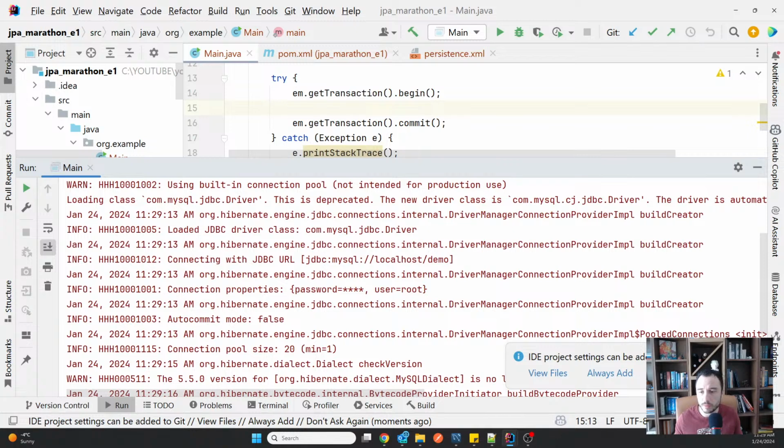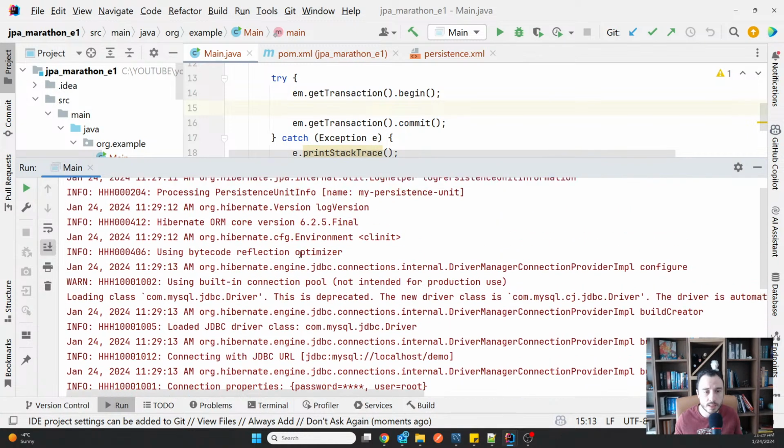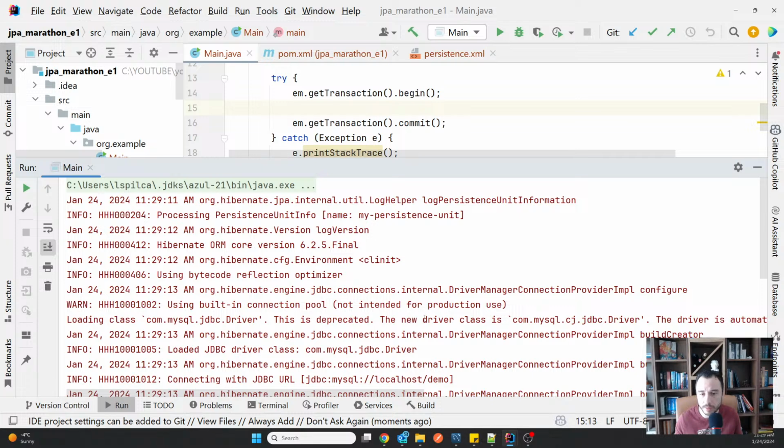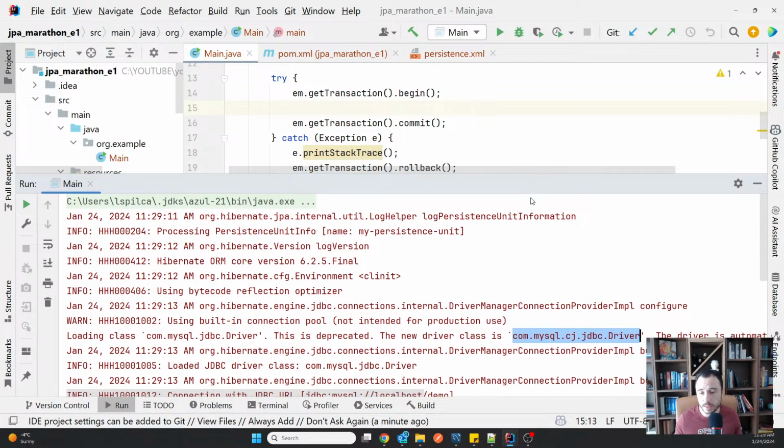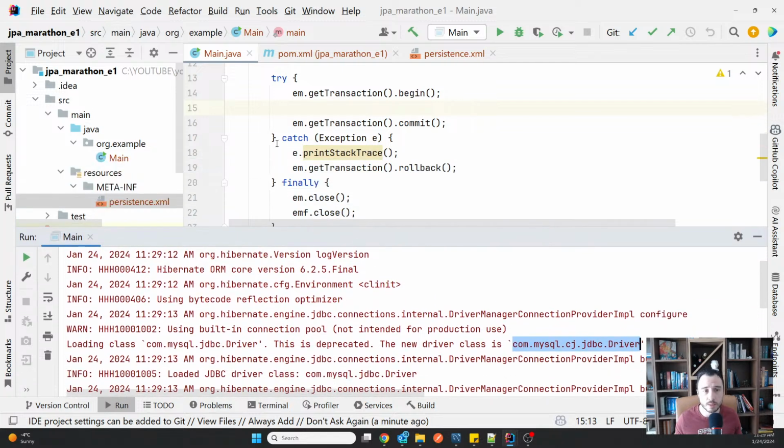I mean, all these red logs you see here, they are just coming out from our JPA implementation, from Hibernate. It also tells us, hey, you are using an old main class for your driver. Nice thing, no? So it says, hey, use this instead of what you are using.